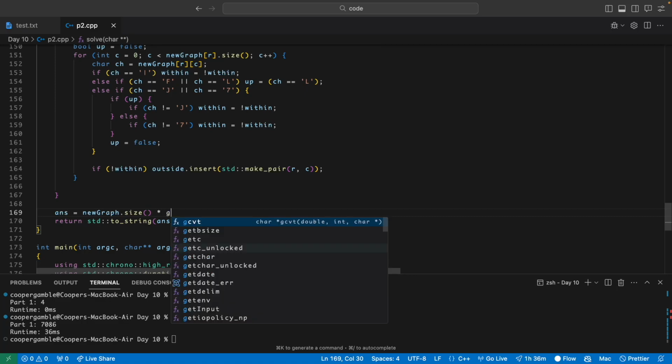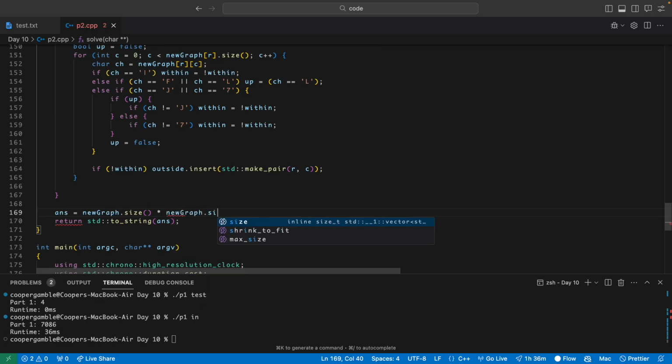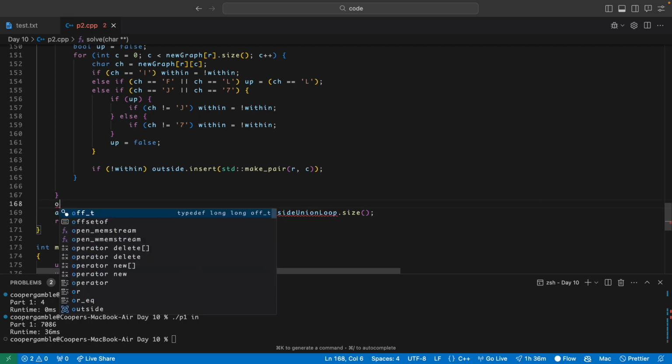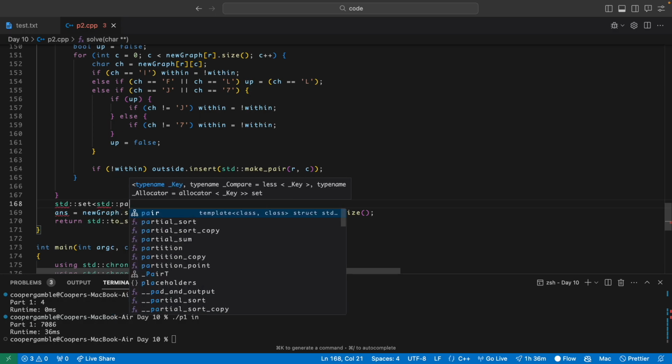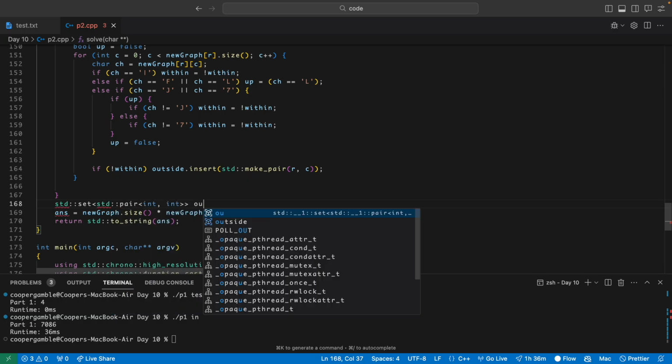So it'll basically be the area of the new graph. So this is just the area of the new graph, right? It's the number of rows times the number of columns. And then we're going to subtract the outside union with the loop, because that will give us what's inside of the loop. So I'll define a new variable called outside union loop, and we'll get its size, and this will be our answer. And the way we're going to find outside union loop is going to be a set of pairs, once again, pair int outside